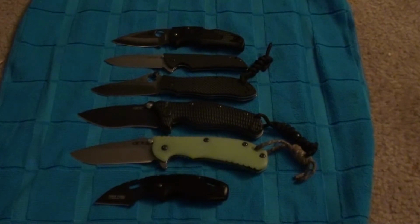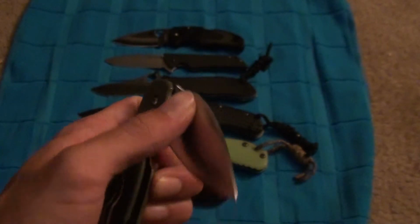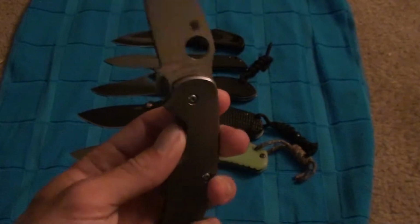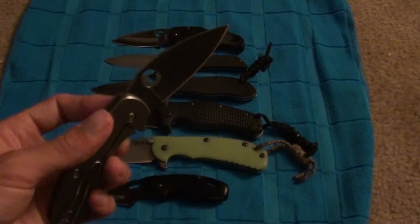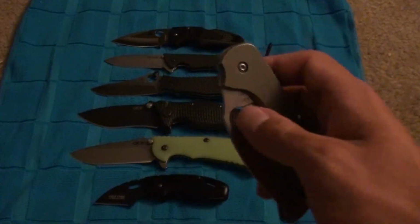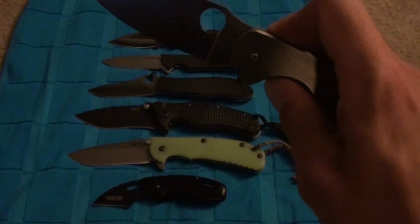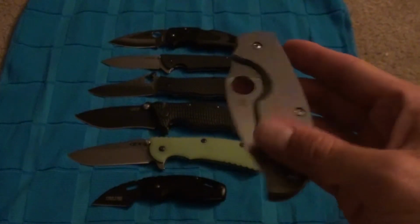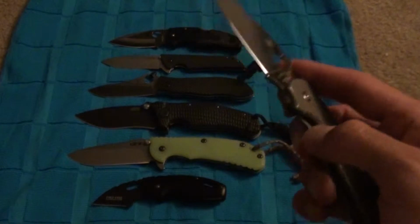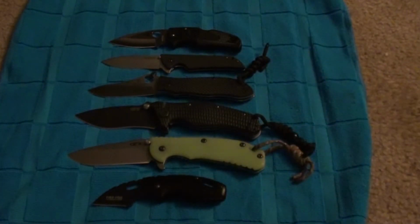Then I also got this too for the whole 550. Spyderco Sage 2, perfectly centered, ultra smooth, wicked smooth. I mean, you get some serious blade fall with this thing if you hold it over. It's not a 0561, but it's damn close. Sorry, I hit my tripod with my arm there, but it is smooth. Take my word for it. I'm just at an awkward angle right now. If I move over here,